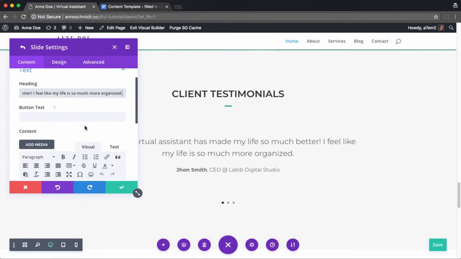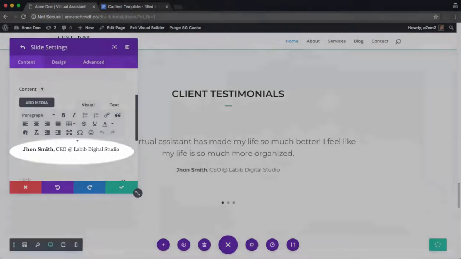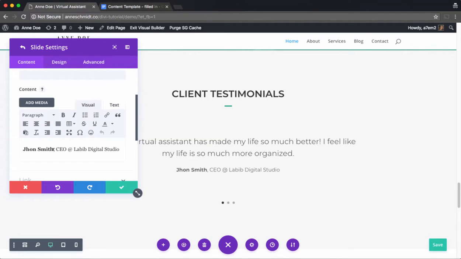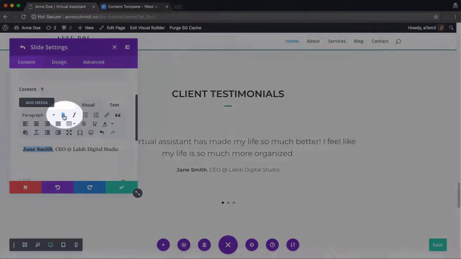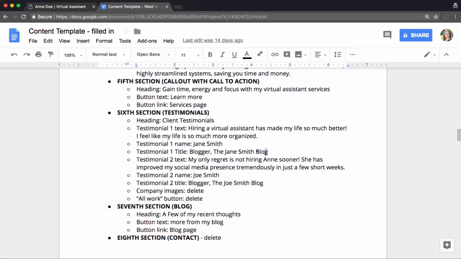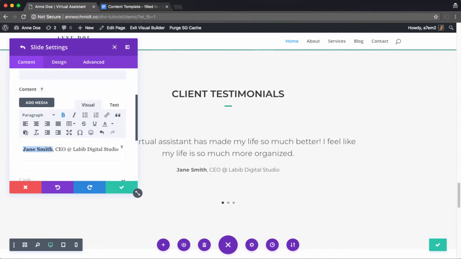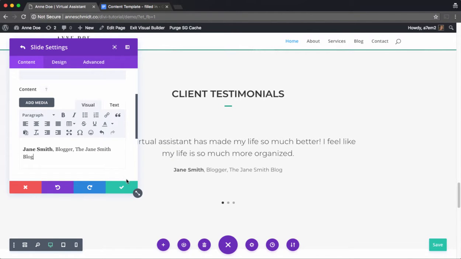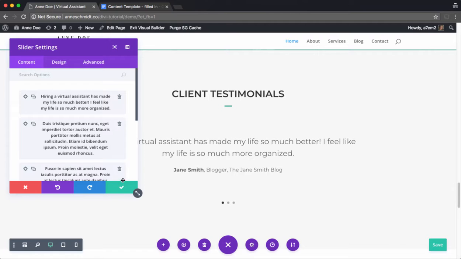A little further down, you can see that we have the name and title for the testimonial. So I'll go ahead and copy over the name for my first testimonial. And then I will paste and match style. Now, for some reason, the bold style of the name didn't stay put when I did this. So I'll select that text and then click on the little B icon to bold it. Then I'm going to copy her title and same thing, paste and match style. Hit the checkmark button in the corner and it brings me back to the page where I can continue to